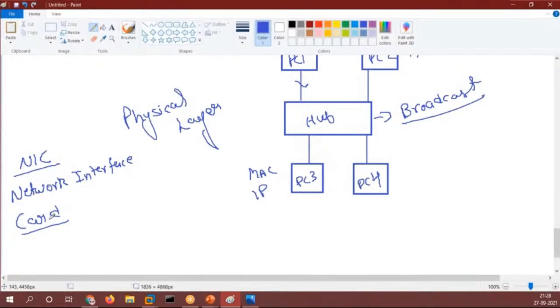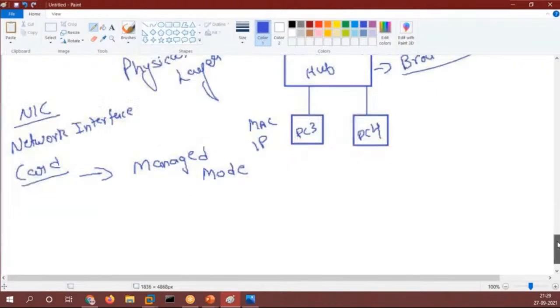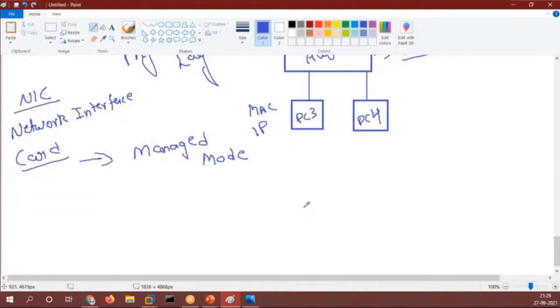Now always remember guys, the network interface card works in managed mode, right? In which mode does it work? In managed mode it works. So in managed mode, it checks the IP addresses, it checks the MAC addresses.